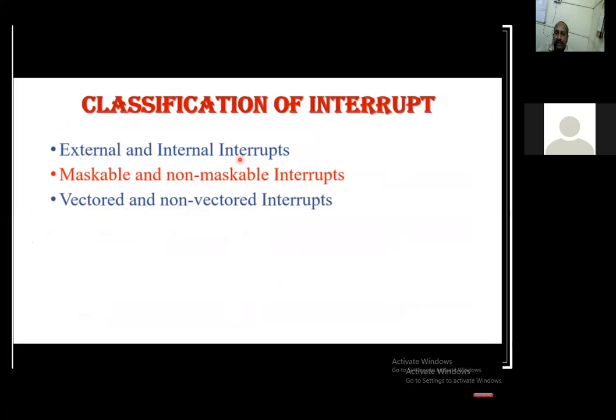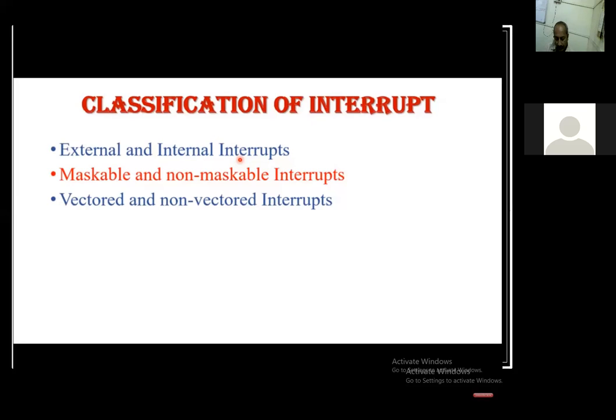Here, as we have seen, all these 5 interrupts have a vectored address. That means all of these are called vectored interrupts. But in some cases, if the peripheral has the capacity to tell the 8051, okay, don't go to 0003, and use the address or the subroutine where I stored it, so go to that particular address. That means non-vectored interrupt. That can also be done with software only.